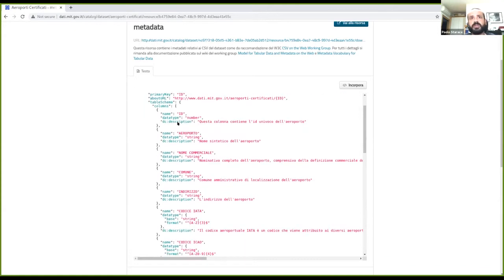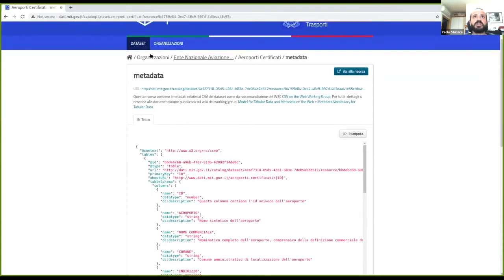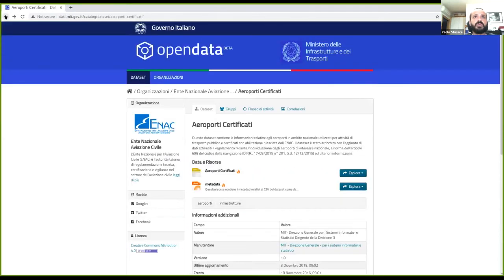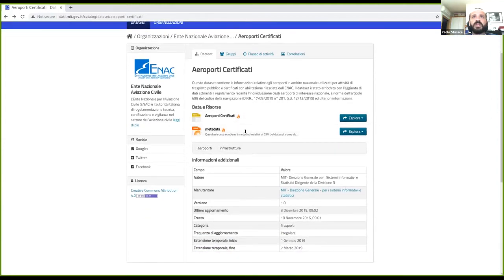You have the description, data type, and so on. Actually, I cannot show you because I don't have a terminal right now, but if you download the CSV, you can see in the header there is a link attribute that points to the metadata file.